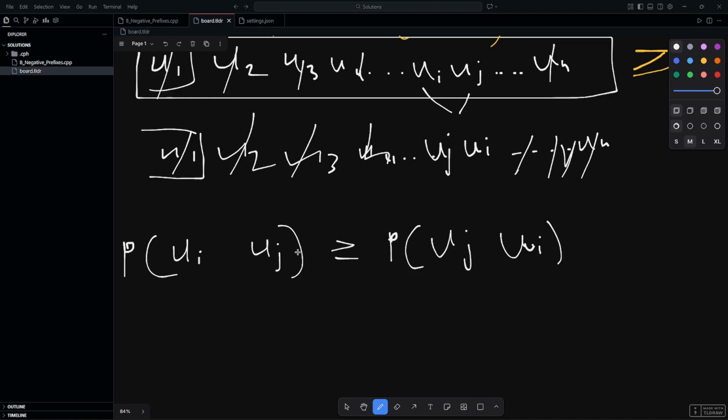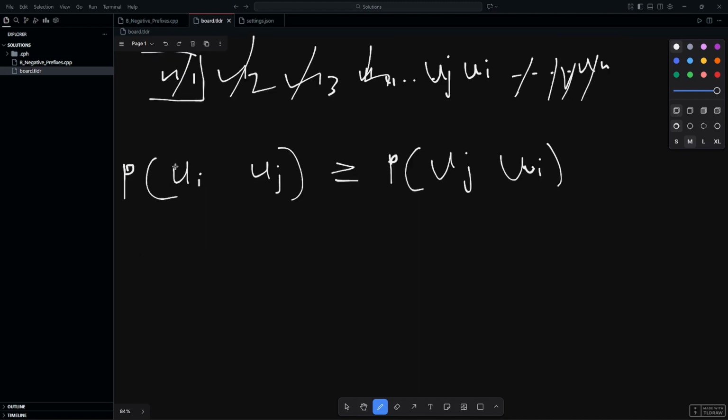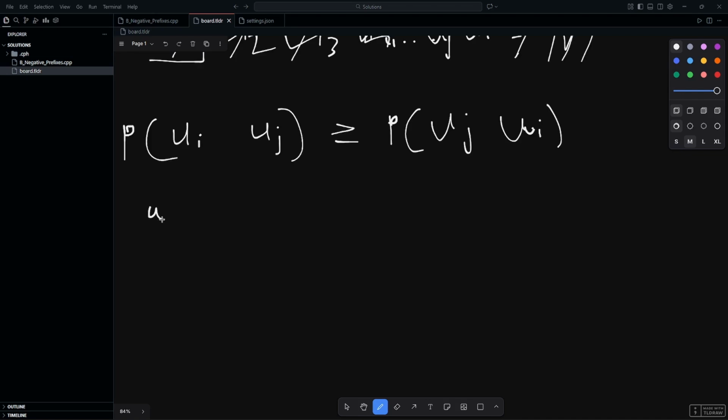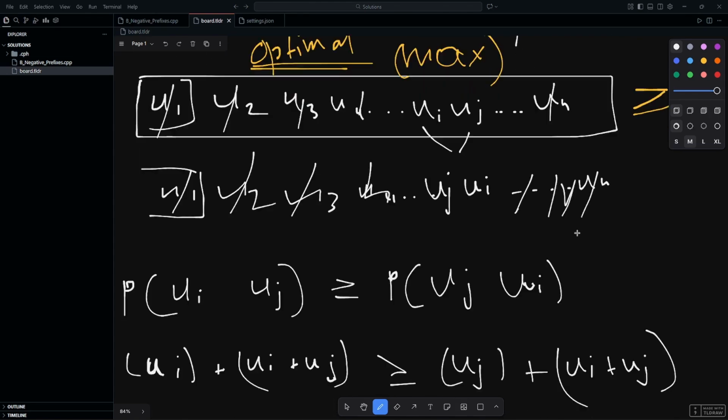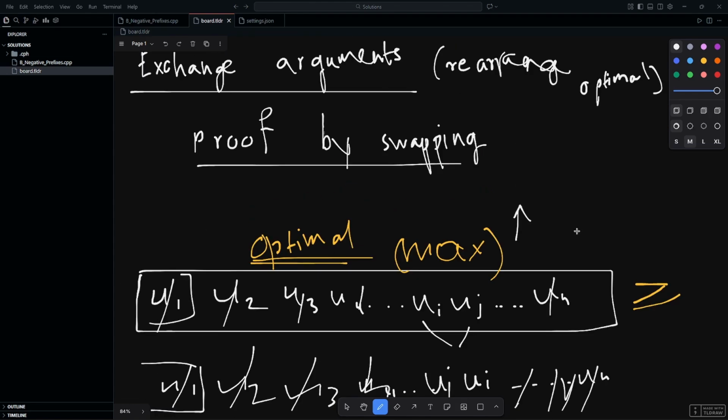So what do we get? Prefix sum of ui, uj is basically ui plus uj. Ui is the prefix sum of this particular thing, and ui plus uj is the prefix sum of ui, uj. And uj is the prefix sum of this thing, and ui plus uj is the prefix sum of this thing. And we are considering